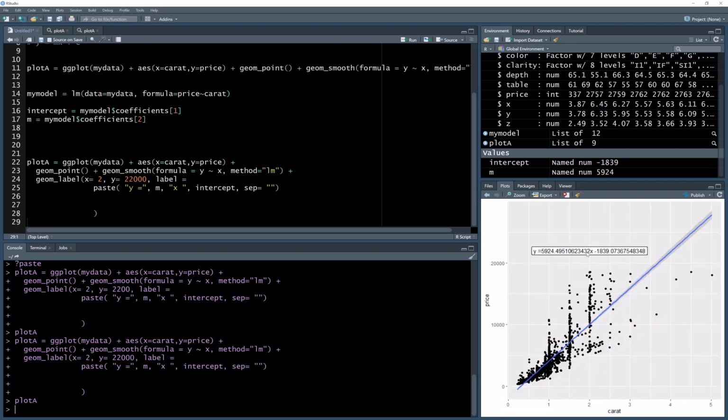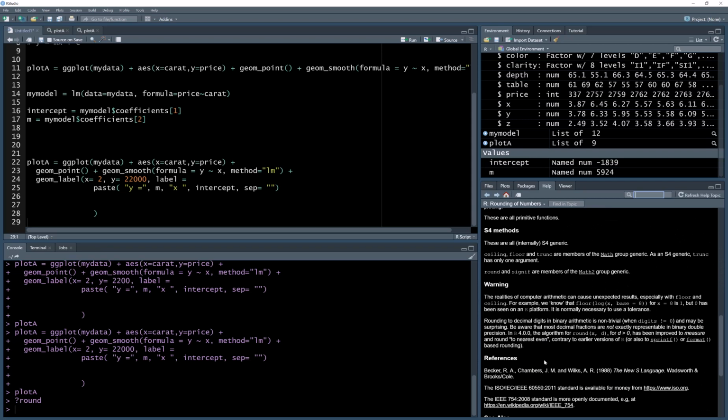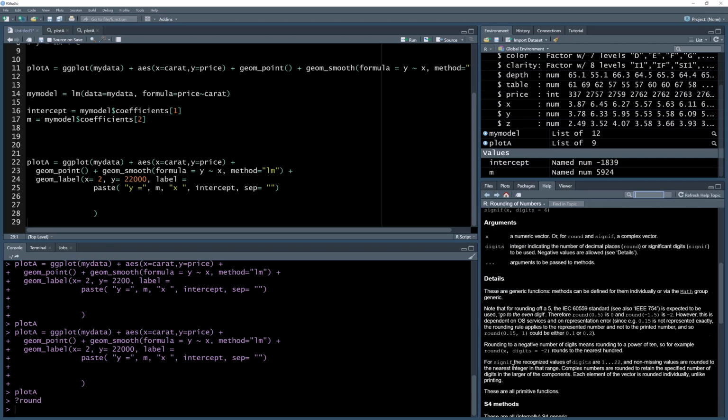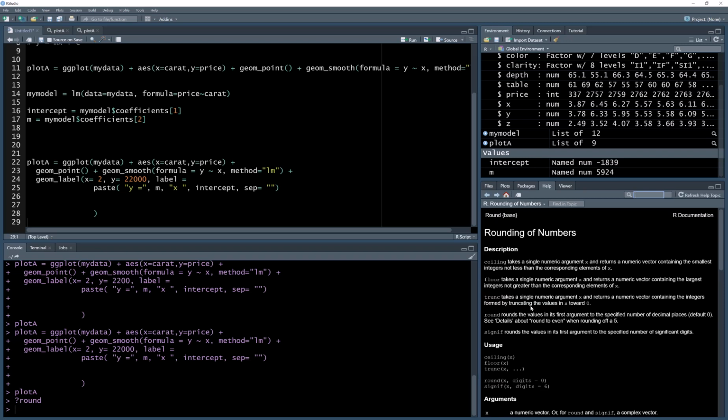Okay, maybe that's a bit too many digits for me. How about we reduce this? We're going to use a function called round. Round tells you how many digits you want,